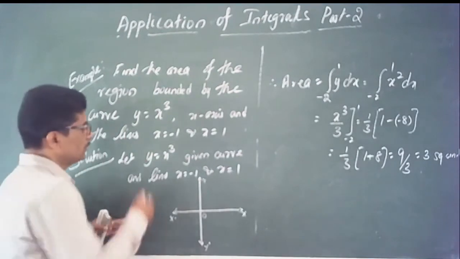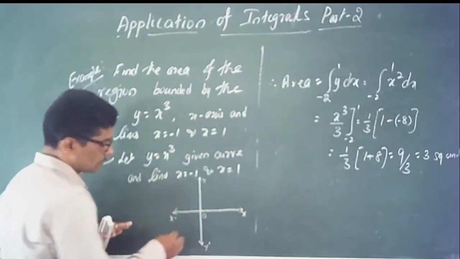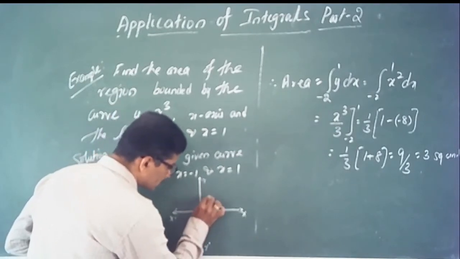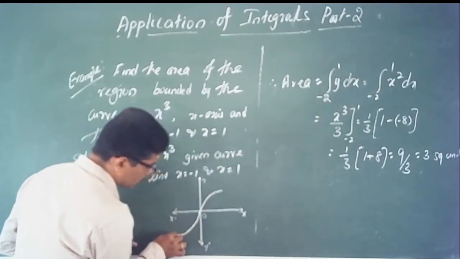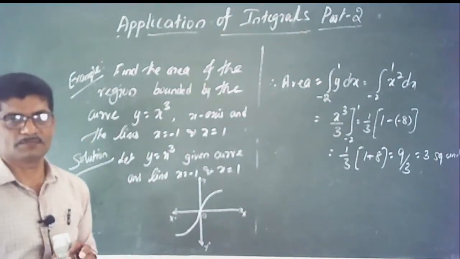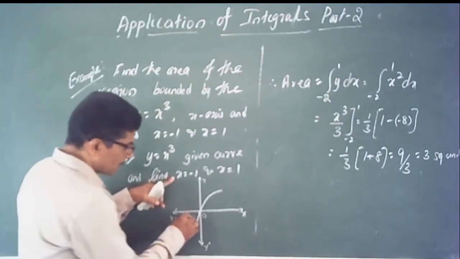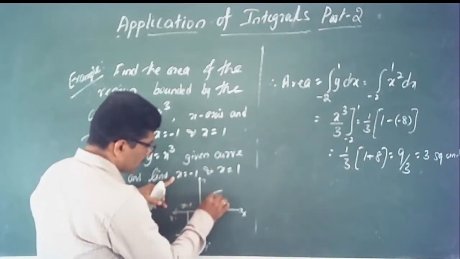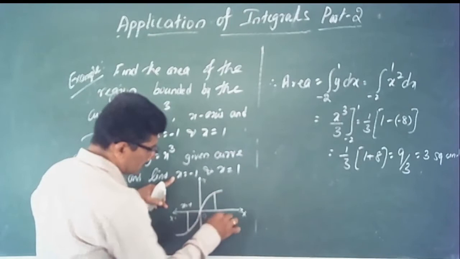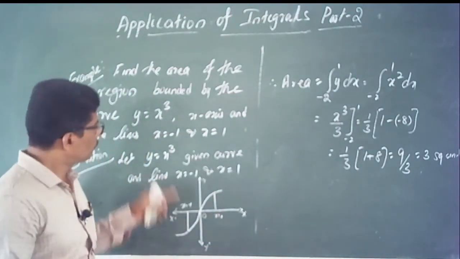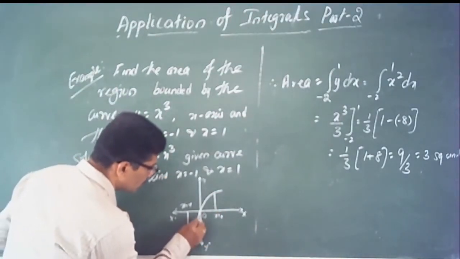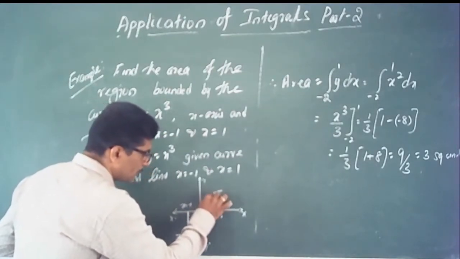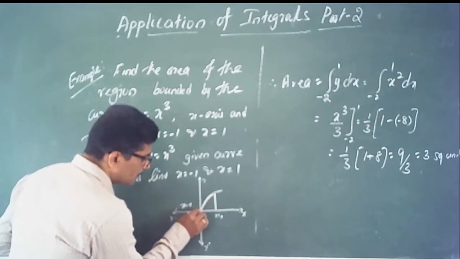Last year we drew the curve of cubic functions, cube functions. ಹೀಗೆ ಬರುತ್ತೆ ಅಲ್ವಾ? Concave ಇಂದ convex forms the point of inflection. ಇದು curve. Y is equal to x cube. The lines are parallel. X is equal to -1 and x is equal to +1. Here find the area bounded by, boundaries ಯಾವುದು? ಈ curve. The line x is equal to -1, the line x equal to +1 and the x-axis.